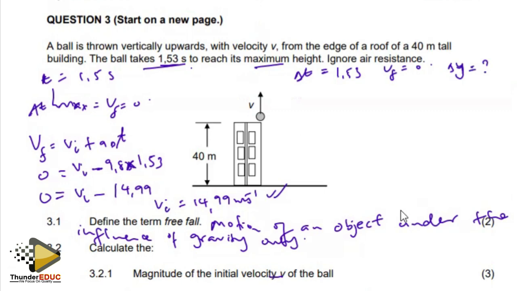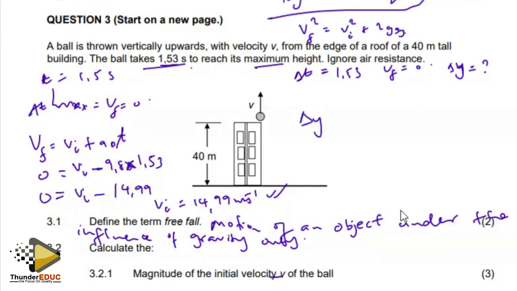We have to use the V initial, because if I look at my displacement, V initial multiplied by time plus a half g delta t squared. Either way, there is V initial. If I use V final squared, it's going to be V initial squared plus 2 multiplied by g delta x or delta y. So either way. So let me use this second